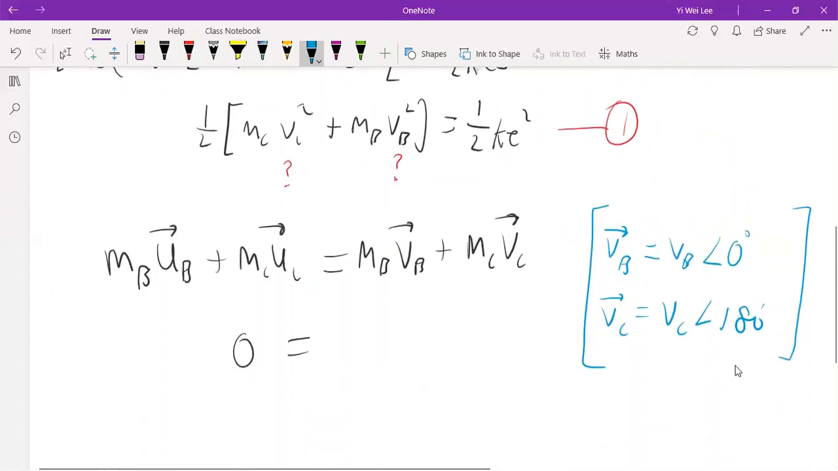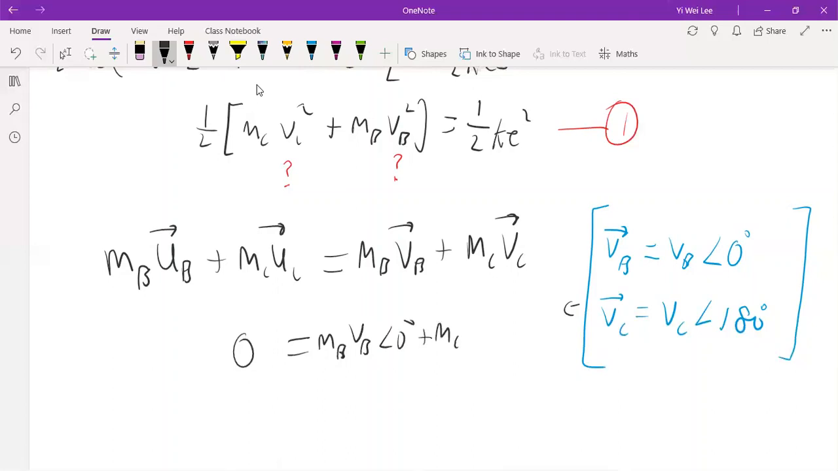VC here has a direction of 180 degrees and has a magnitude of speed VC. So this VC is equal to the VC here. This VB is equal to the VB here. The speed is equal to the magnitude of the velocity. Simple as that. So after we know this, we can straight away place this inside here. We can have mB times VB at direction 0 degrees plus mC times VC at direction